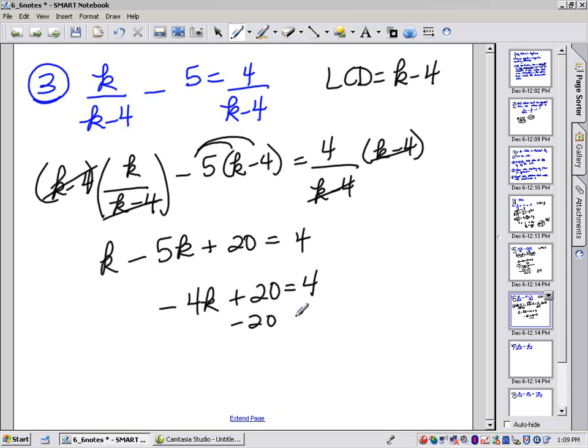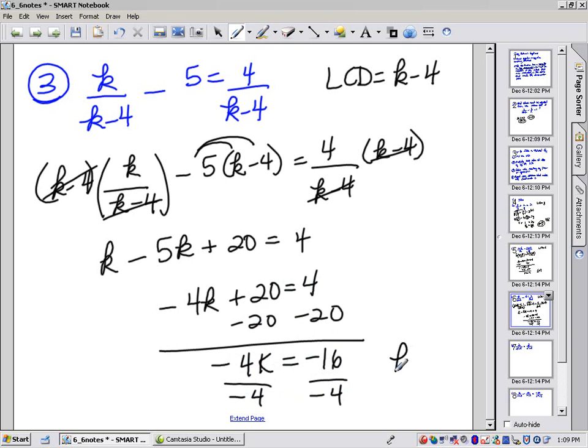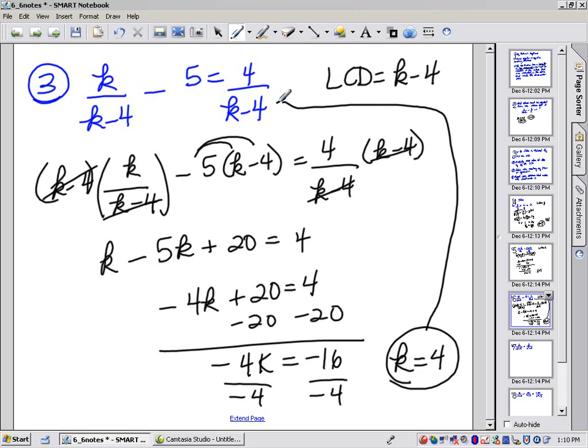Subtract 20 from both sides. So we get negative 4k is equal to 4 minus 20, which is negative 16. So divide by negative 4 to get that k is equal to 4. But you can't be too quick through these problems, right? What happens with k equals 4? K equals 4 makes our denominator 0, so we have to reject that solution,